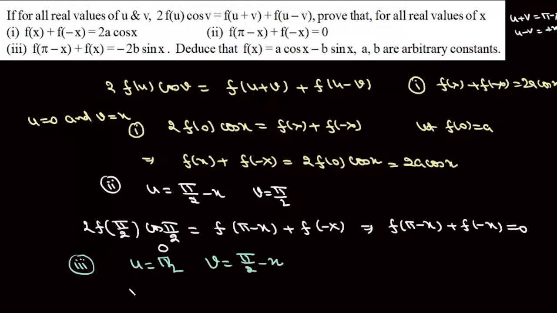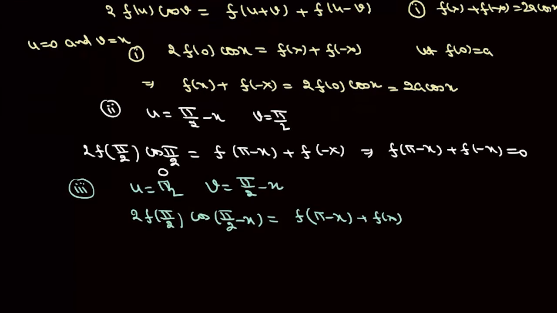So it'll be 2f(pi/2) cos(pi/2 - x), and it'll be f(u + v), which is f(pi - x) + f(u - v), and that'll be your f(x),